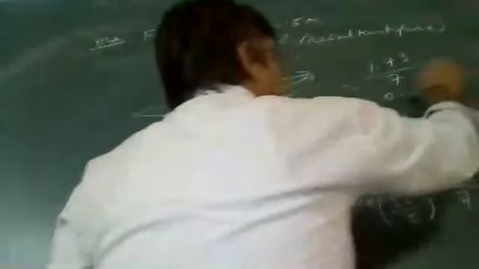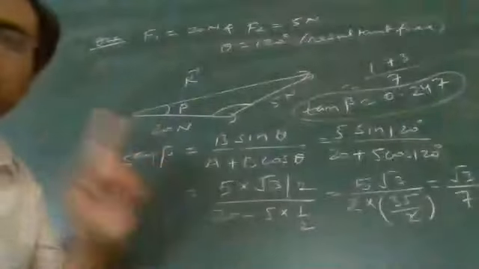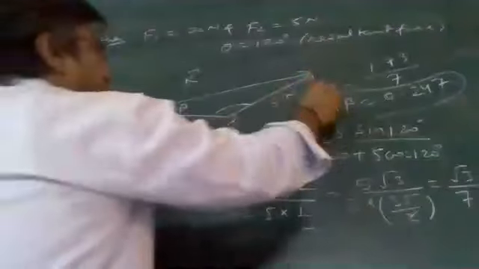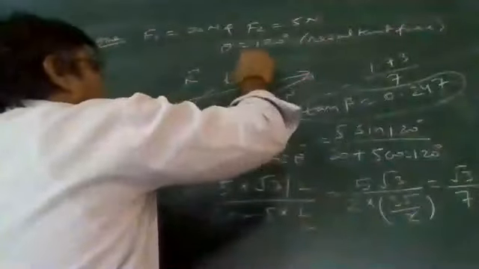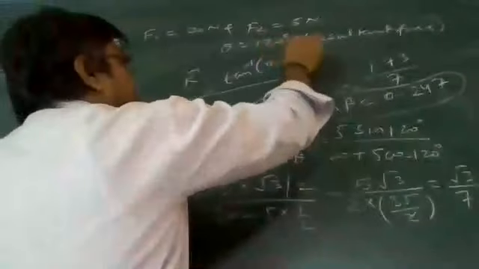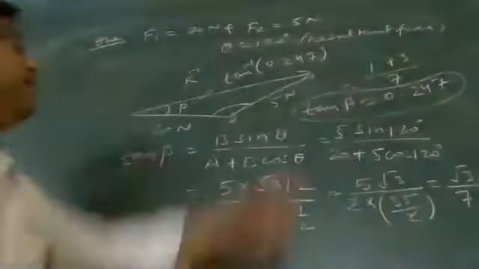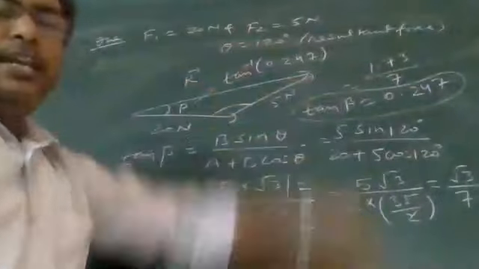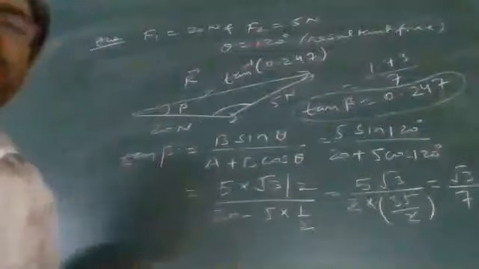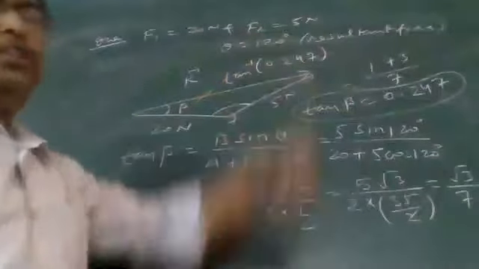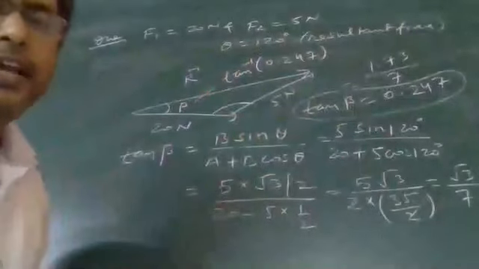This is tan beta. Make sure it is not the direction. The direction is beta. And what is the value of beta here? This beta will be tan inverse 0.247. Now we are unable to find which angle this tan inverse 0.247 belongs to, so I will leave the answer in this format.